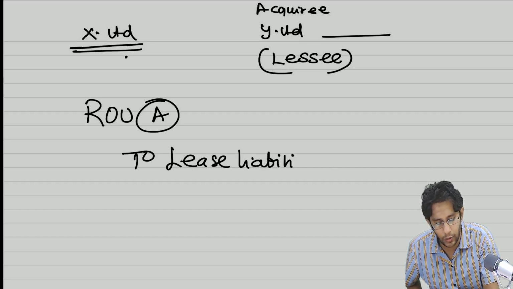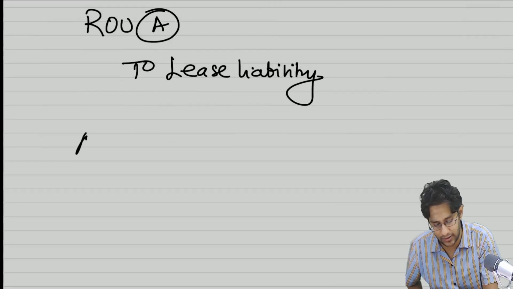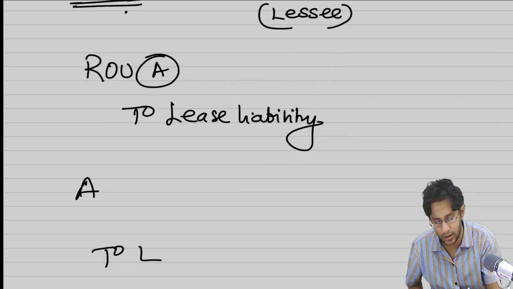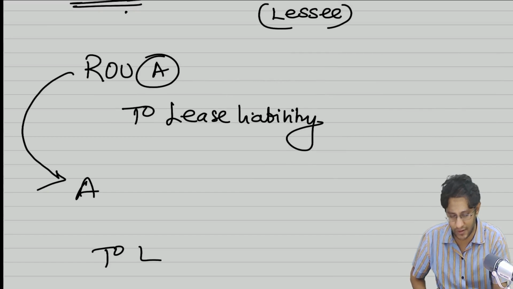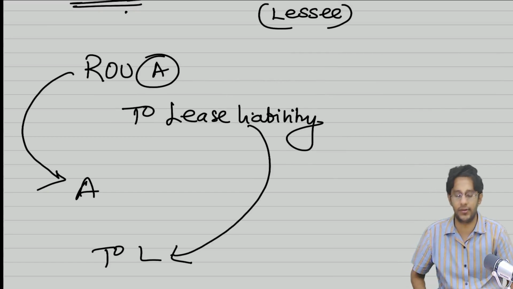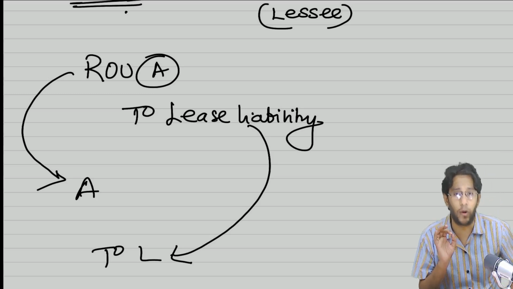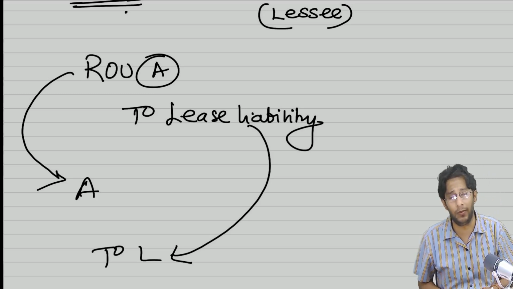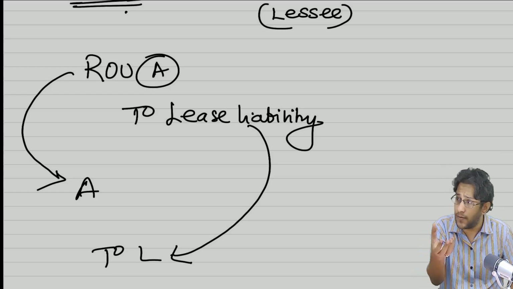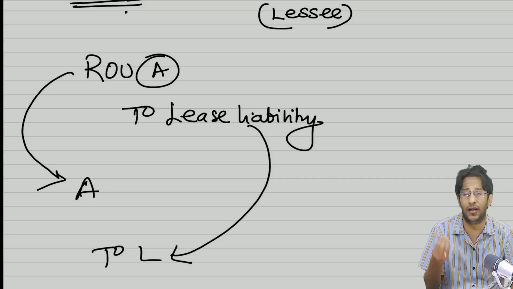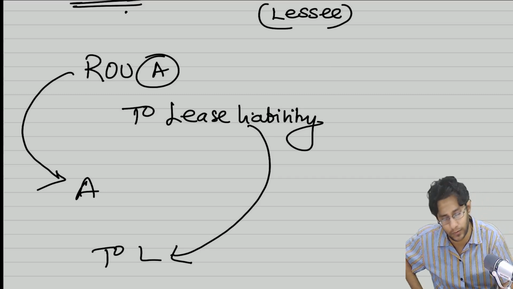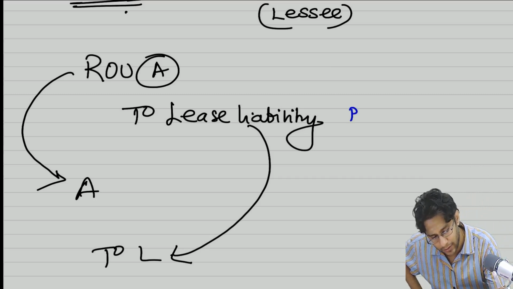So when you write your incorporation entry, that means the assets and liabilities incorporation entry, the assets include the ROU asset, and among so many liabilities, the liabilities also include lease liability. If the acquiree is a lessee, the acquirer also will become a lessee. So therefore create a ROU asset and lease liability. The next question is, sir, at what amount? At what amount? It is the present value of